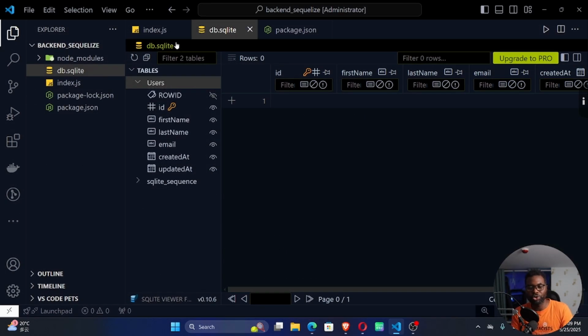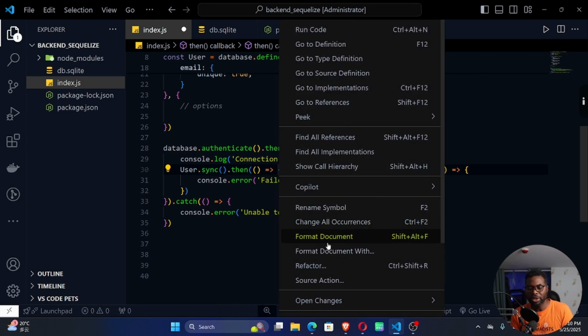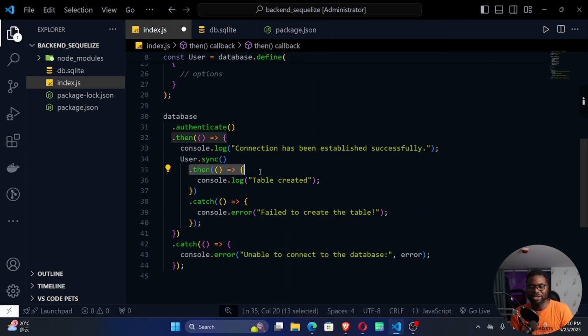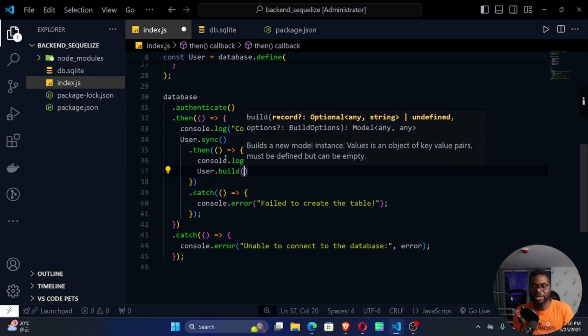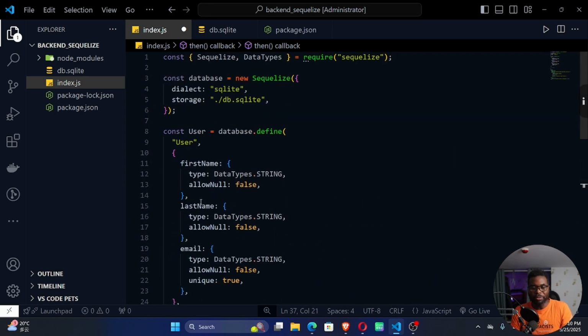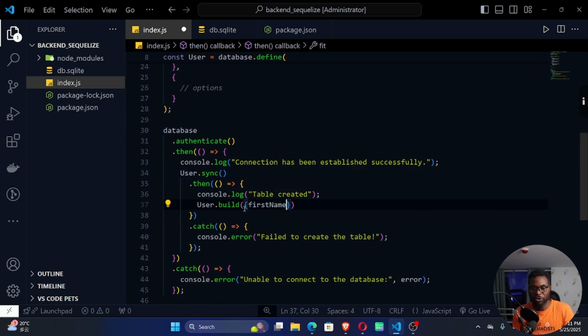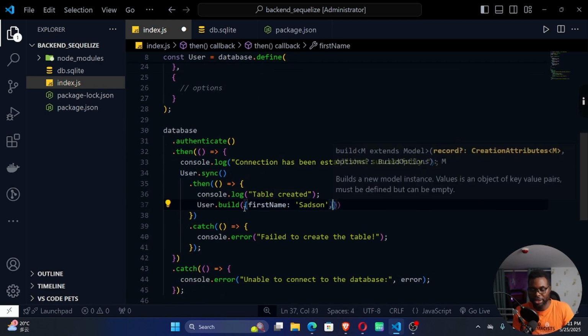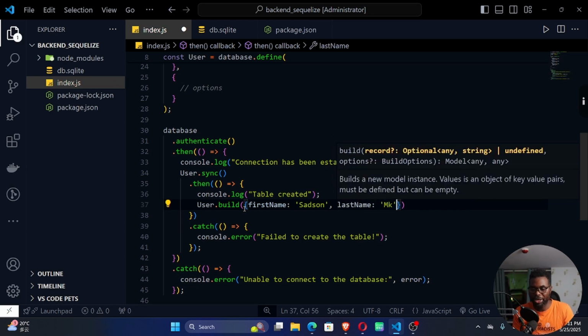So on our model, we do have our model right here. Inside here, where we sync our database and then create our table, this is where we're going to be creating our instances. I'm going to put this into curly brackets. Let me format this document. Inside the dot then, once we create our table, we can then save our data. So we're going to say user.build. There's a build method that we can use. Inside this build, we can pass in the object that has these attributes right here. All of these fields are required. So first name, let me say Sadson, separate these with commas, and then last name in quotation marks, MK, and then email